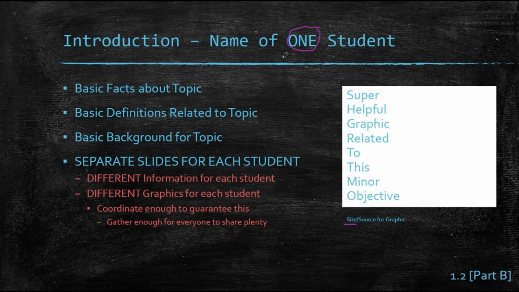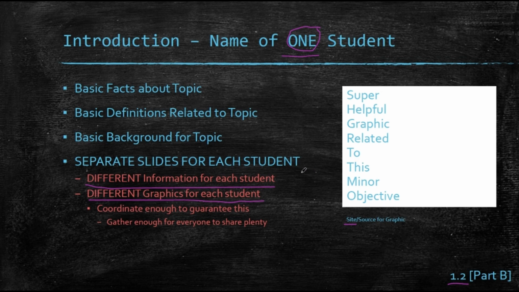Most importantly, though, one student per slide, one slide per student. Everybody needs to cover this topic or you're going to start losing points. You need to have different information for each student and different pictures for each student. So you can work independently, again, if you're waiting on each other, if there's communication issues, if you just can't line up the timing, you can work independently and share information later. But you need to coordinate at least enough to say, hey, this is what I'm covering, so make sure you